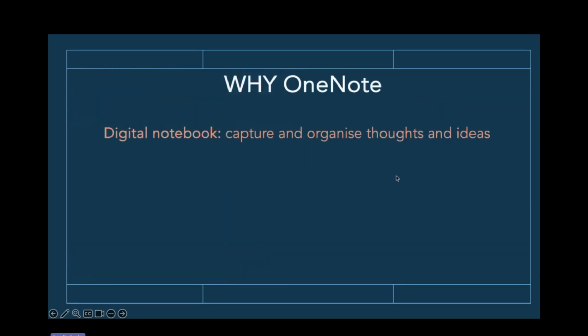Right, so why OneNote? As I've mentioned, it will capture and organize all your thoughts and all your ideas. You know what it was like? I don't know, you might still use that. Are these sticky notes that you put all over the show, mainly yellow, but later on we had some other colors as well. All of that, you do not have to do that anymore.